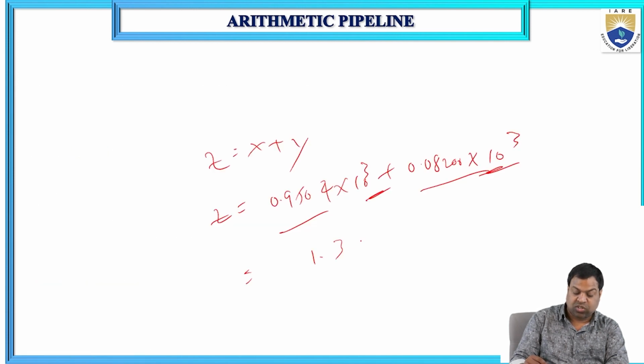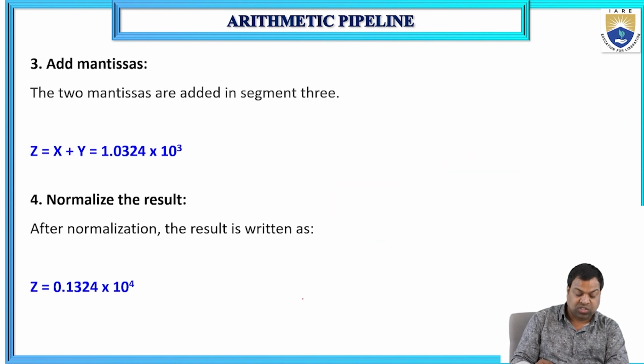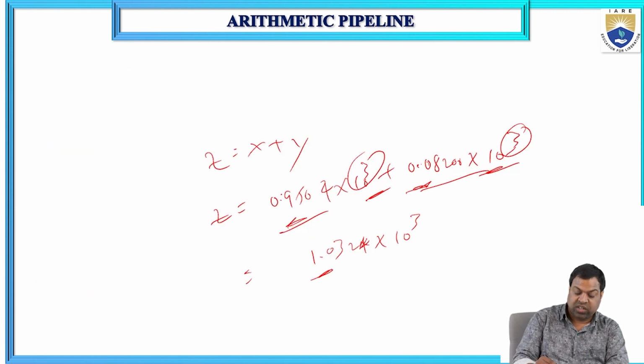So 1.0324 into 10 cube. So these are balanced. And here 0.9, 0.08, 0.08, 0.9, 1.0. So is it balanced? No. Why? Because here it is a 0 point, here it is a 0 point, but here it is 1 point. So we have to balance 0.103